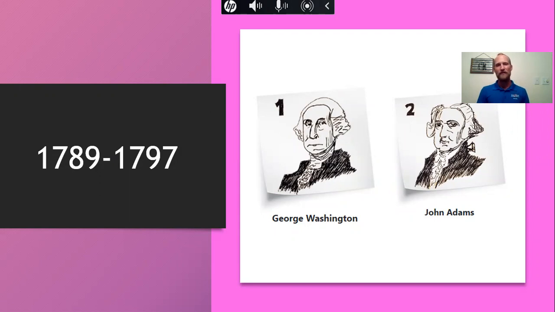Now, you may recall me mentioning earlier in the year, when we talked about the Electoral College, that when our country first started, electors in the Electoral College actually got 2 votes for president. And whatever candidate got the most votes became president, and then whoever got the second most votes became vice president. That worked well for Washington and Adams because they were both from the Federalist Party, but this system got a